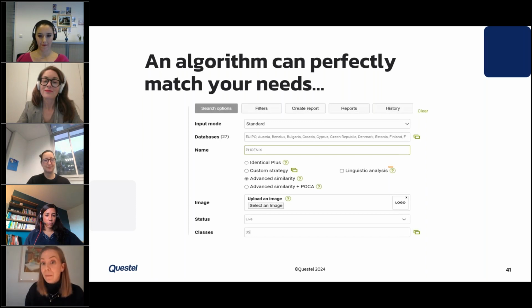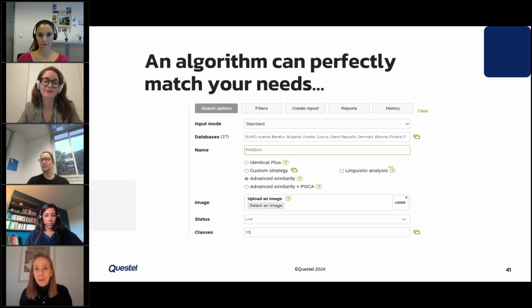Yes, exactly. It's like you said, sometimes the algorithm perfectly matches your needs, just like what Pascaline showed before. Here in this case, you tick off in Markify Pro Search the option for advanced similarity. I used the name Phoenix.